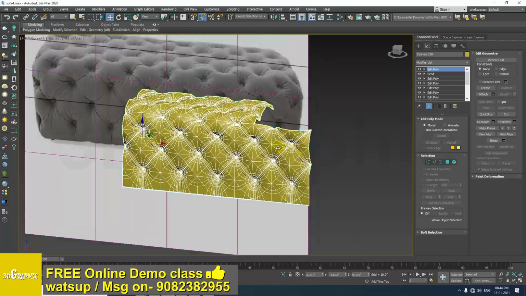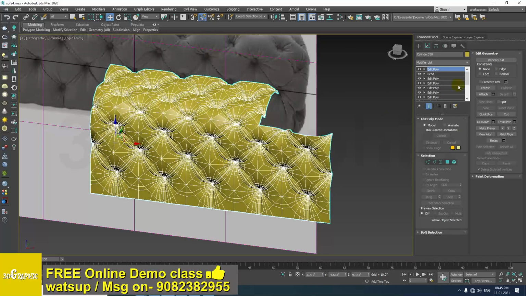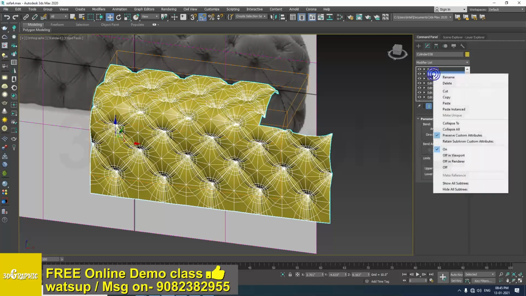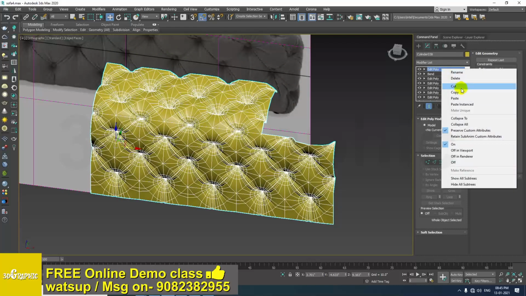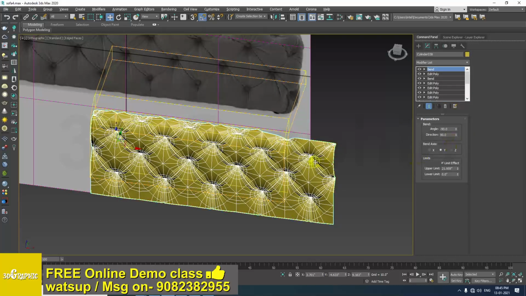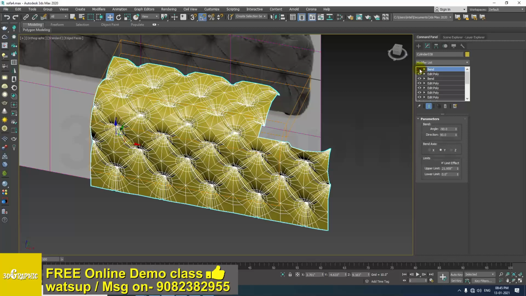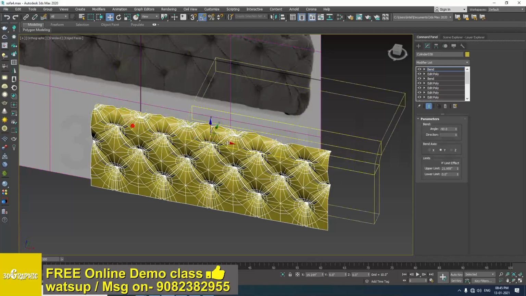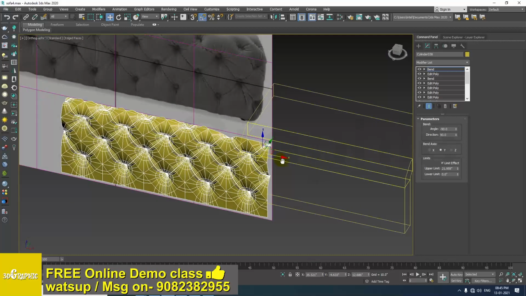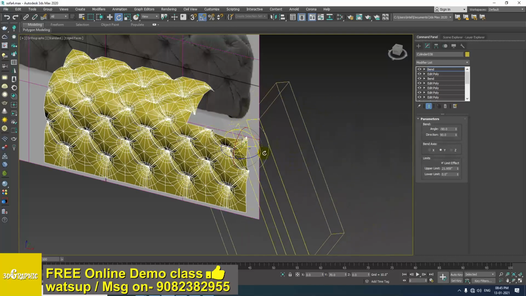Okay friends, so here again we have to use the bend modifier to make a turn over here from this edge. So what I'm gonna do, I will make a copy of the bend modifier which I have used before. Okay, and again I will paste over here, and I just have to move the bend modifier to the side and turn it around like this,